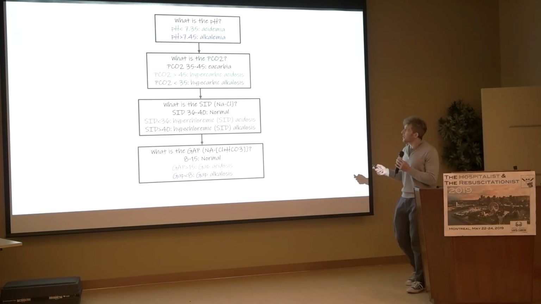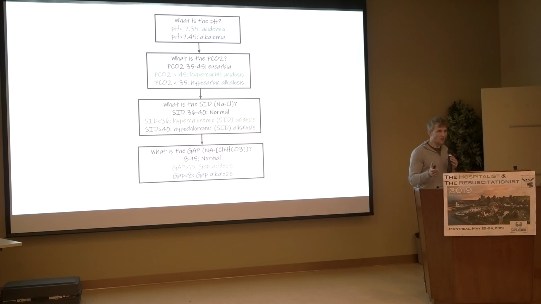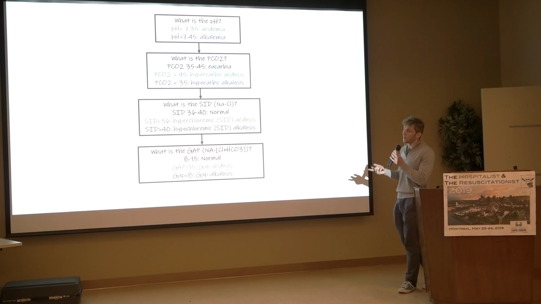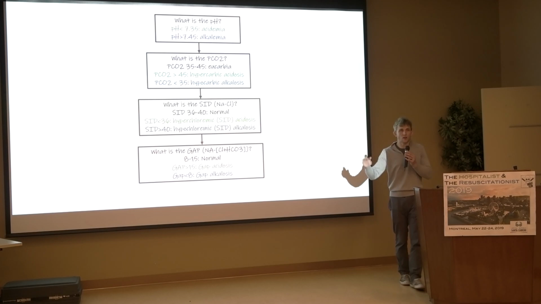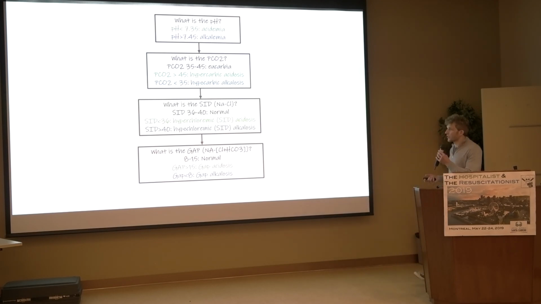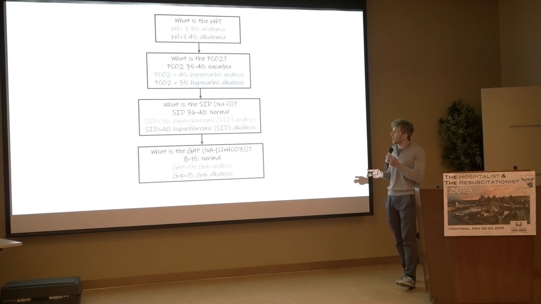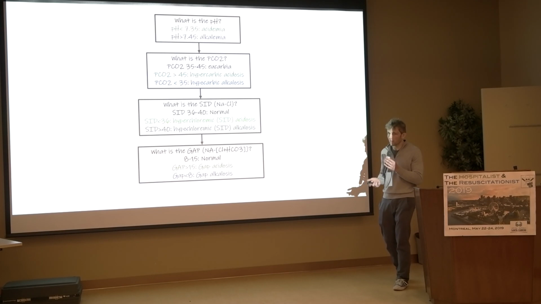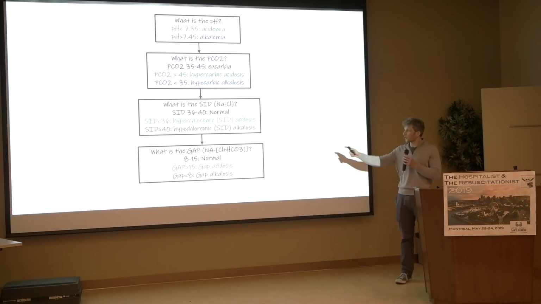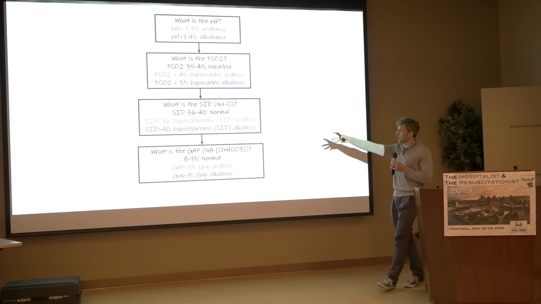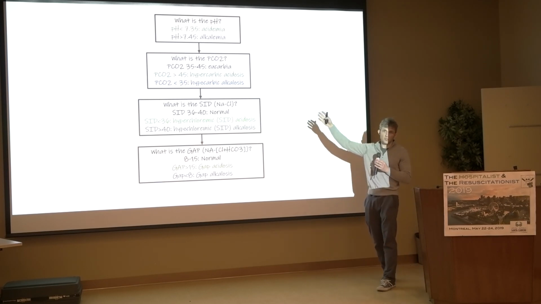So it's pretty simple. Their pH is low. I don't often actually know what their pH is because I don't really care about the number. But if you want to, you can see if they're acidemic or alkalemic by their actual pH. Their PCO2, again, instead of trying to figure out if they're appropriately compensating, chronic, not chronic, I just call it by the number it is and make the clinical call on the patient themselves. If their PCO2 is elevated, they have a hypercarbic acidosis, and if it's low, they have a hypocarbic alkalosis. So, up, down, just call it. And then all you're doing is calculating your SID. These two I do on everybody. Those two I mostly don't do unless I have a blood gas that someone happened to order.